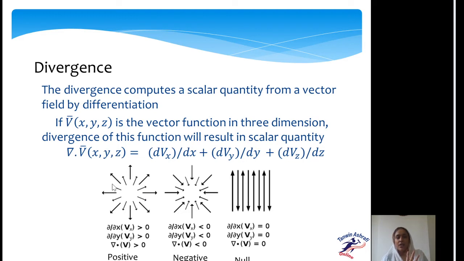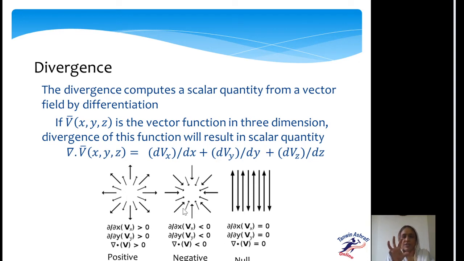Divergence has three main basic types: positive divergence, negative divergence and zero divergence. Positive divergence means how much the vector has spread out, as you can see through the figure. In mathematical terms, we say that change of Vx is greater than 0 or change of Vy is greater than 0. This figure is 2-dimensional, therefore we will consider only two independent variables x and y. The divergence of this V vector is greater than 0, therefore it's a positive divergence.